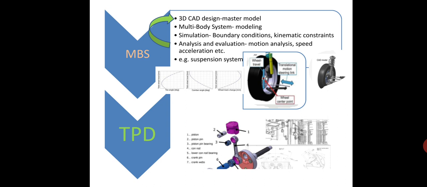You can see here in the diagram different graphs which show the toe angle, camber angle, wheel track change, how much change takes place when we run that multi-body system. It means instead of going directly to an actual product, we simulate all these things by using a computer. Next one is technical product